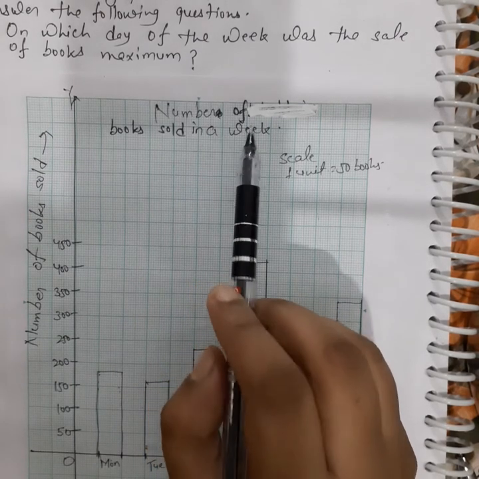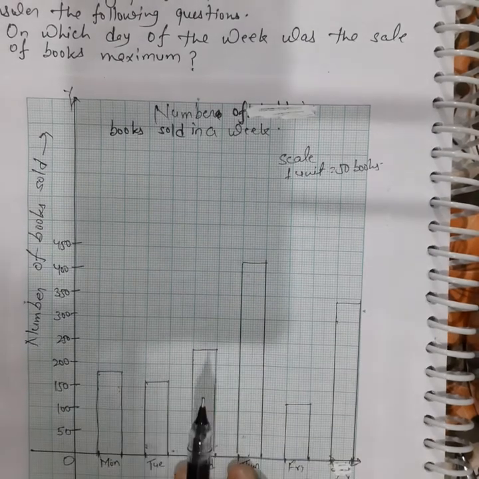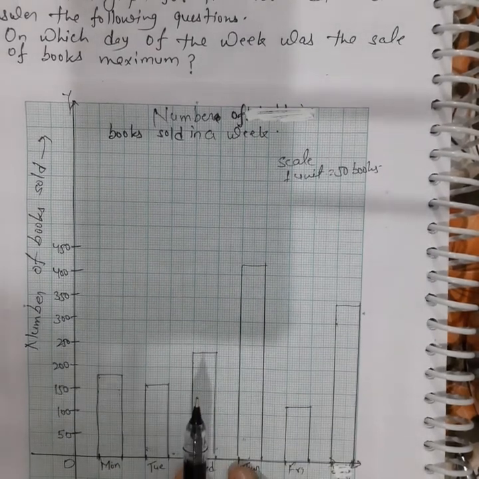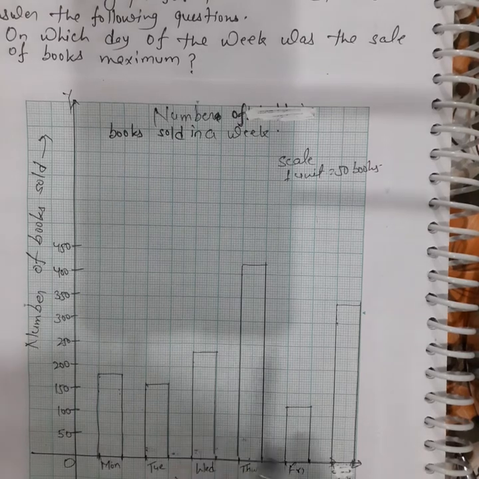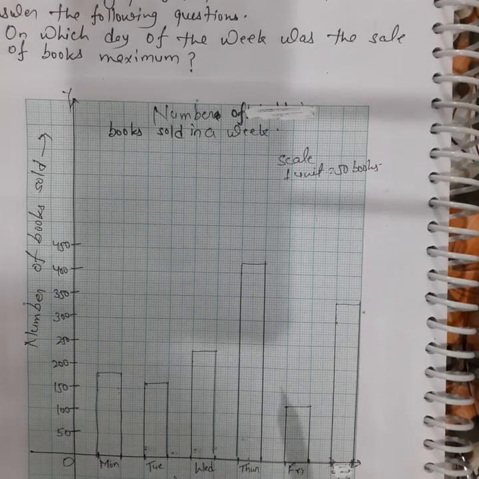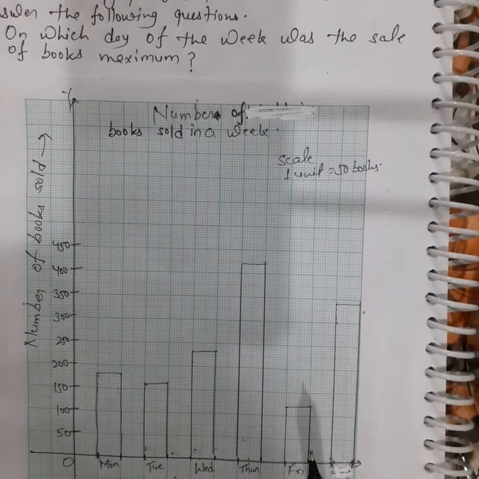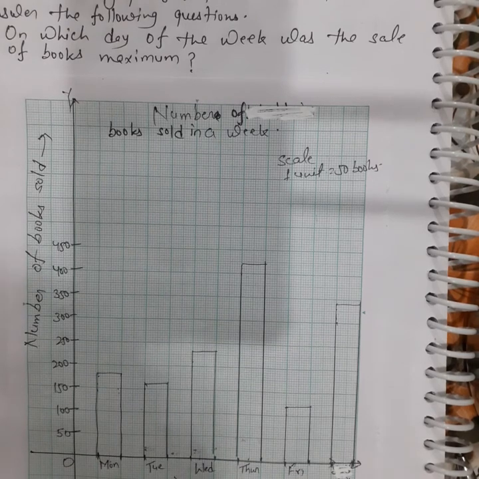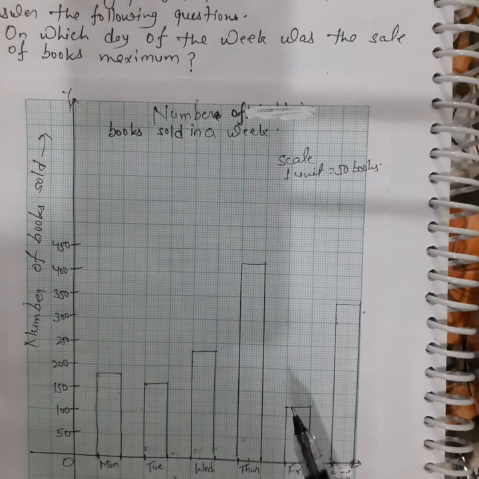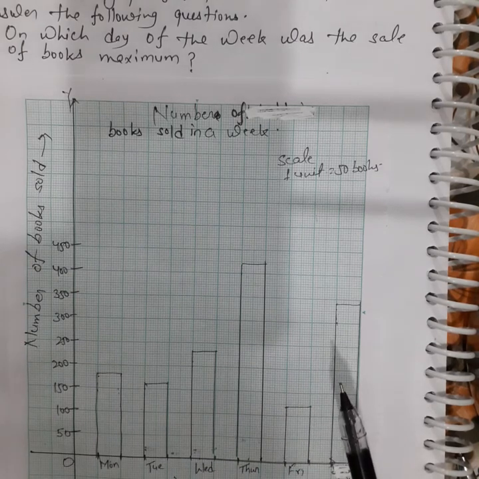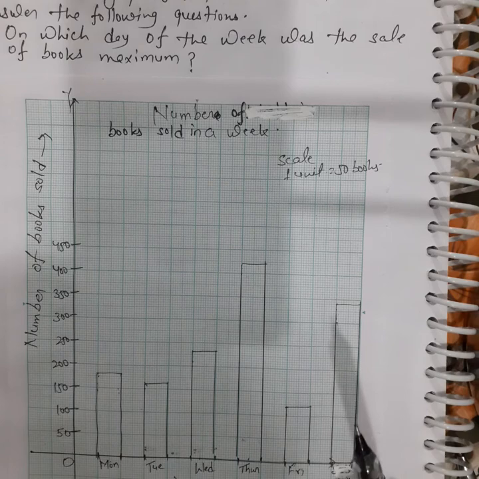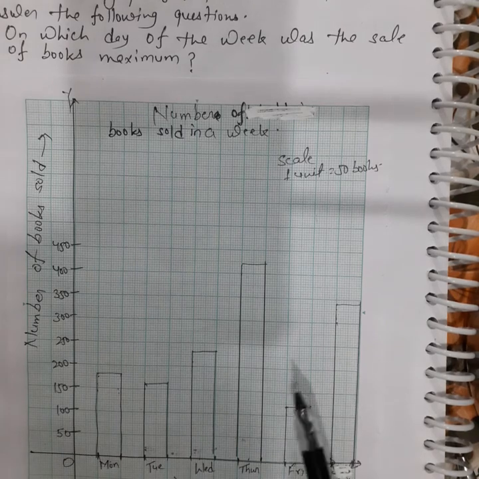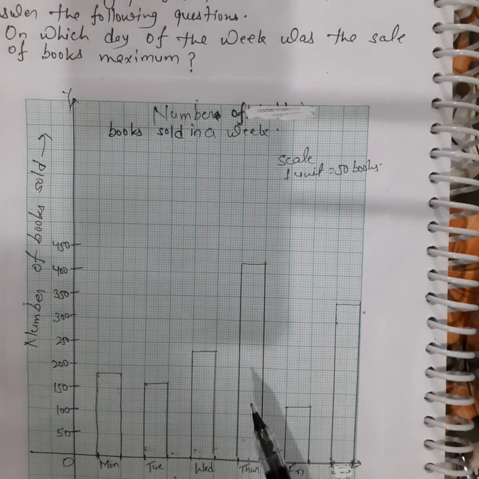Okay, that's all for today. Now in your family, first you collect the data of the ages of your family members. Make a chart of that: the age of your grandfather, age of your grandmother, age of your father, age of your mother, age of yours and your sisters and brothers, and after that you make a bar graph on that data. Okay, that's all for today.